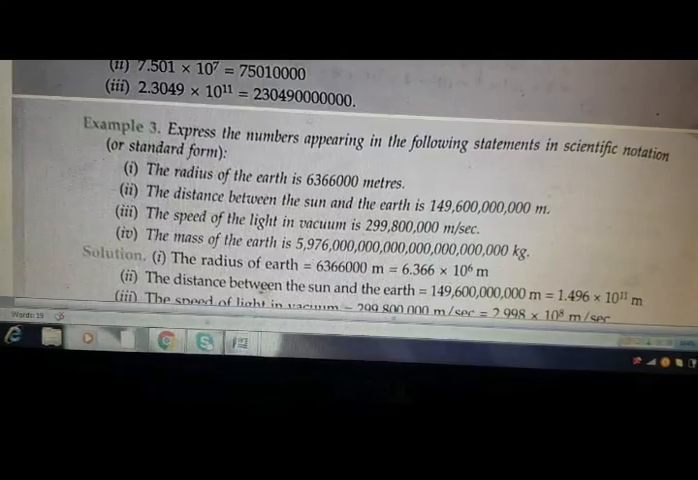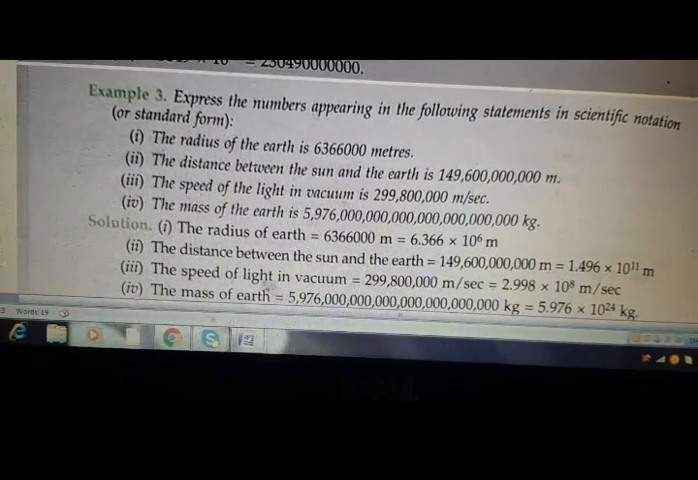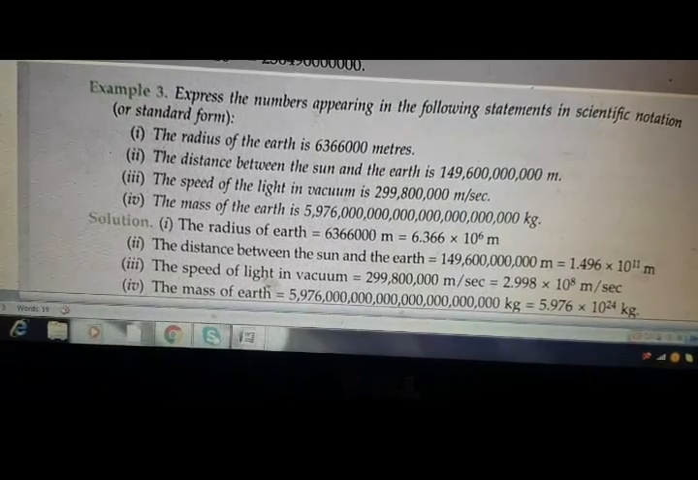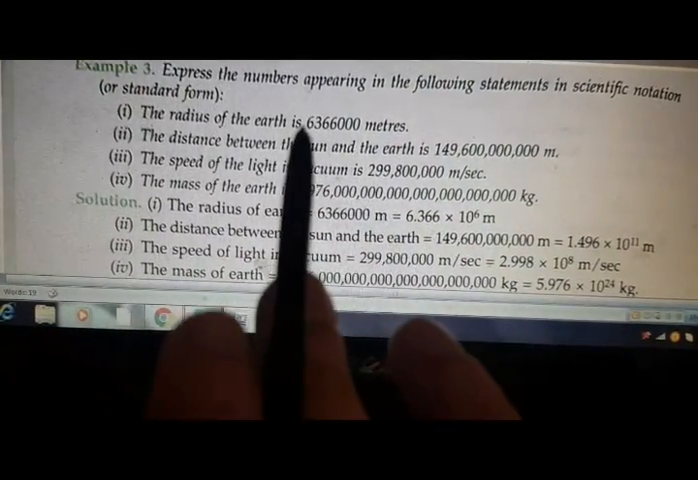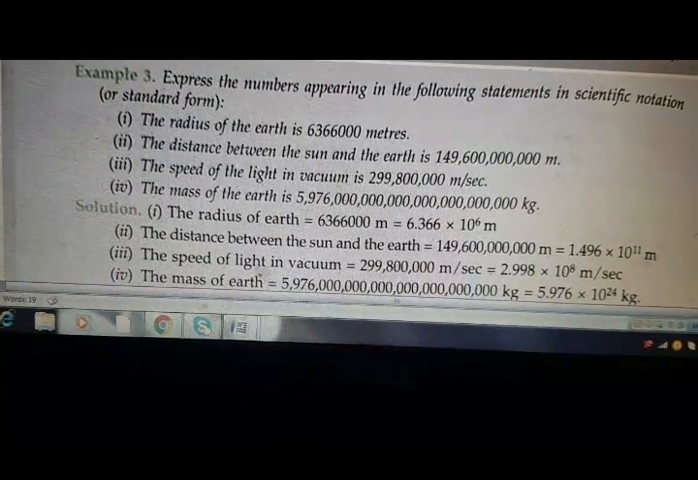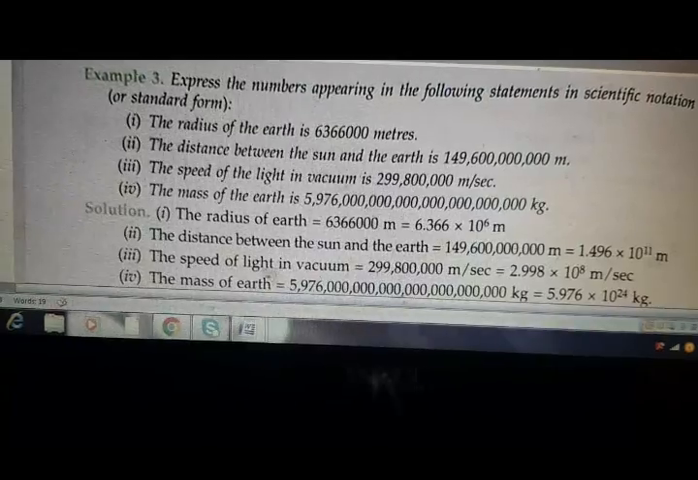Now, express the numbers appearing in the following statements in scientific form. This I have already explained. For example, you have 6366000. That means after 6 you will put the decimal. So you will write 6.366 into 10 to the power 6. You can see here